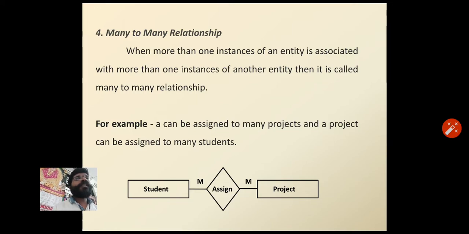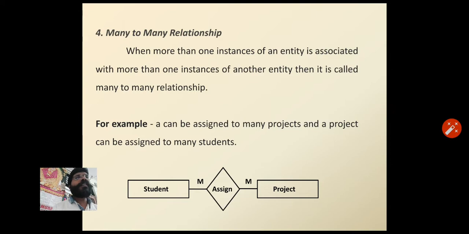That means a student can have more than one project, and a single project can have more than one student.